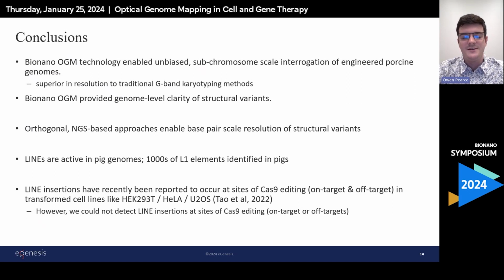We've also shown that LINEs are active in pig genomes, with thousands of L1 elements previously identified in pigs. Also recently, LINE insertions have been reported to occur at sites of Cas9 editing, both at on-target and predicted off-target sites in transformed cell lines like HEK293T, HeLa, and U2OS. However, we could not detect LINE insertions at any of these sites, either on-target or off-target, for our predicted genomic